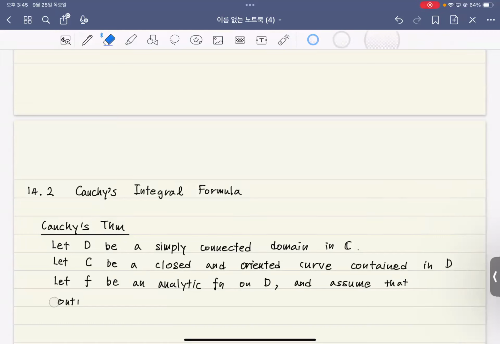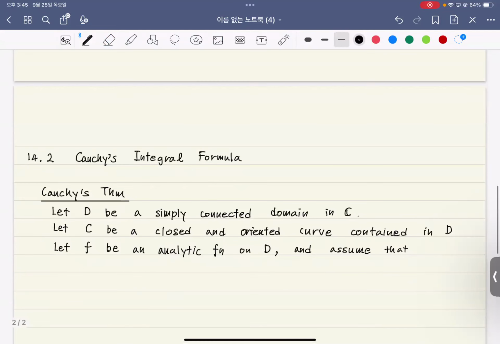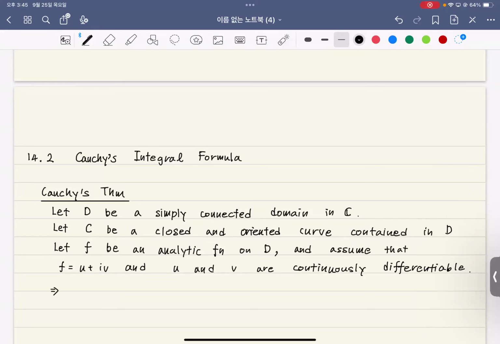Oh, sorry, I should clarify myself. Let us assume that u and v are continuously differentiable. Okay, I have lots of conditions imposed here. I actually need lots of conditions. Then the conclusion is